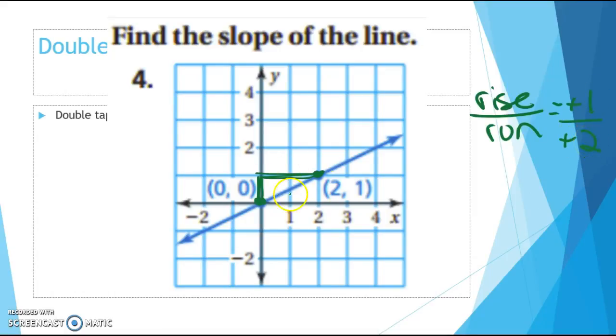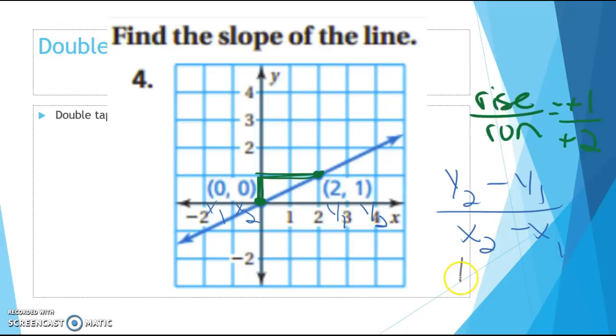Now another way to do it, if you don't want to do it this way, is to use our equation. Remember that our equation is y2 minus y1 over x2 minus x1. You take your 2 points, so we have (0, 0) and (2, 1). You label what your y2, y1, x2, and x1 are. So I'm going to say this (0, 0), that's my 1. So this is going to be my x1, this is going to be my x2, this is going to be my y1, this is going to be my y2. So now when I'm doing the problem, I can just plug numbers in. So I have 1 minus 0 over